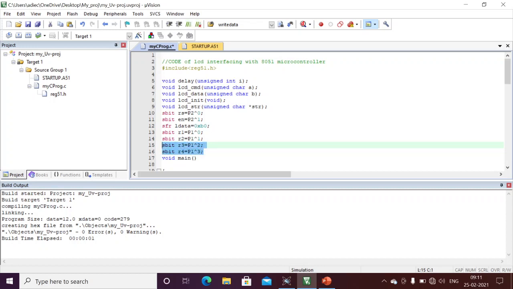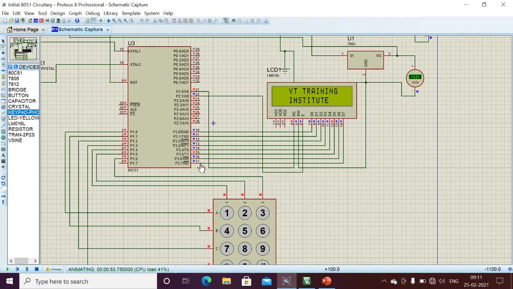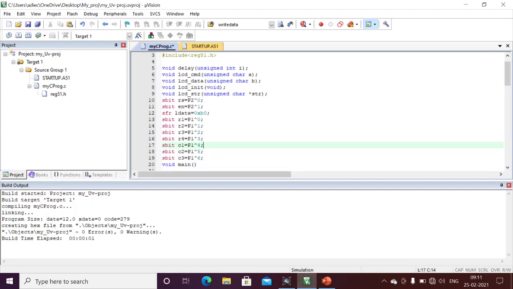In a similar way, column 1, column 2, column 3 I need to define. Column 1 is connected to P1.4, column 2 is connected to P1.5, and column 3 to P1.6. Just as we connected in the hardware, in a similar way I have defined all the pins here.